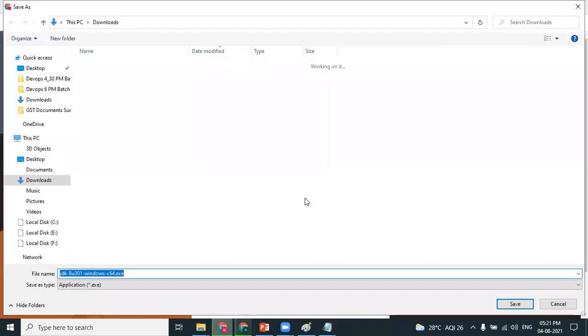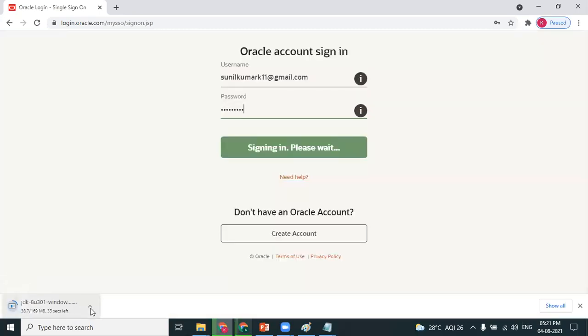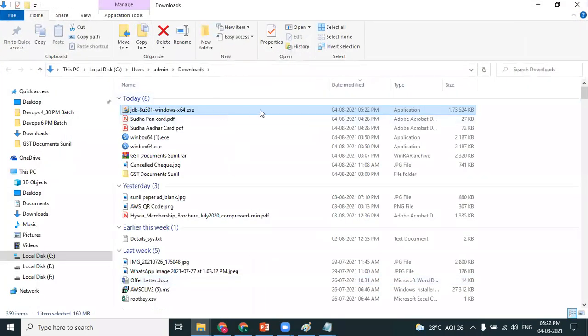Yes. So please follow this process. I'm downloading JDK 1.8. It just takes less than a minute for the JDK to get downloaded. If you don't have an Oracle account, go ahead and create one and download this JDK 1.8. It's an exe file, so obviously once it is downloaded, we install it. This is the exe file which I just downloaded.